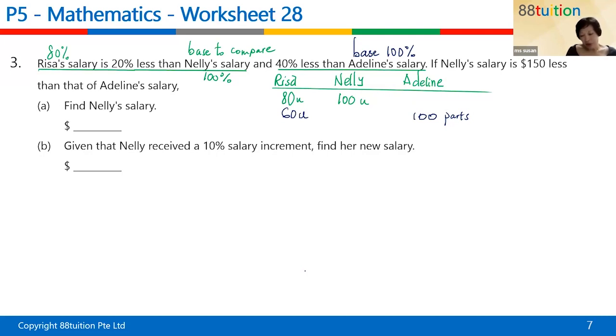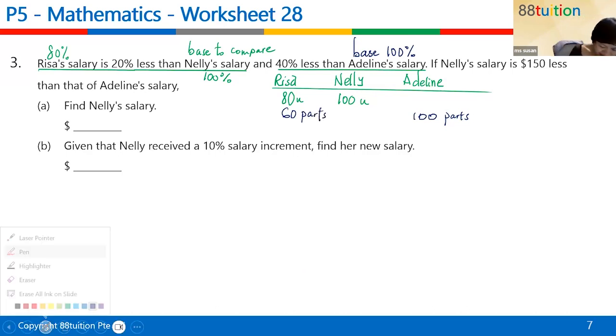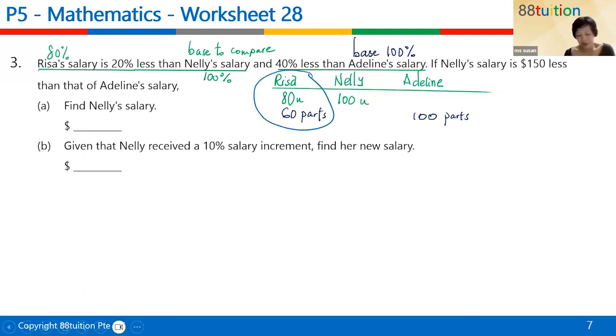So the problem now is parts, right? We have changed them to parts, so we cannot put them as units. And who is the common entity here? If you take a look at Nelly, sorry, Risa, Risa is the repeated entity here. So with Risa being the repeated entity, it must be common, right? So what is the common value